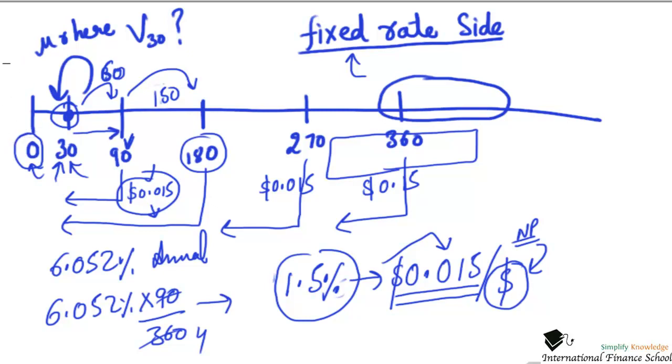Remaining time is what I'll put in green now. So the remaining time is 60 since I am already sitting at 30. The remaining time for this is 150. Why 150? Because 90 plus 30 is 150. Remaining time for this coupon